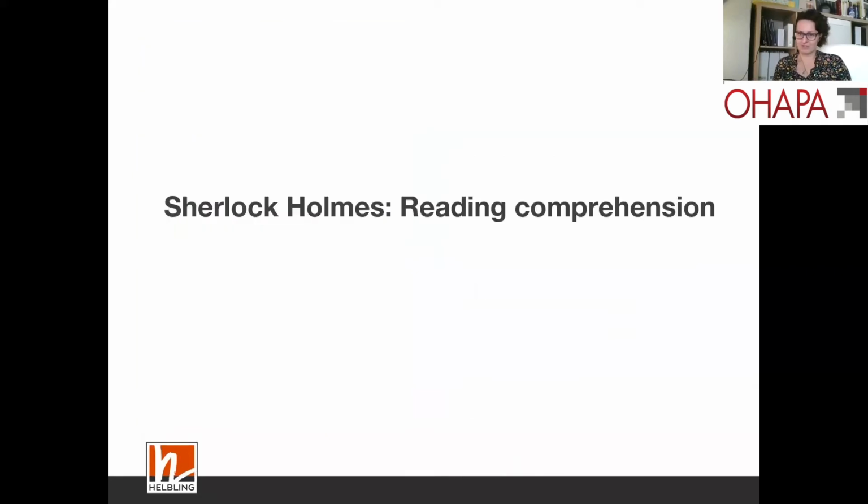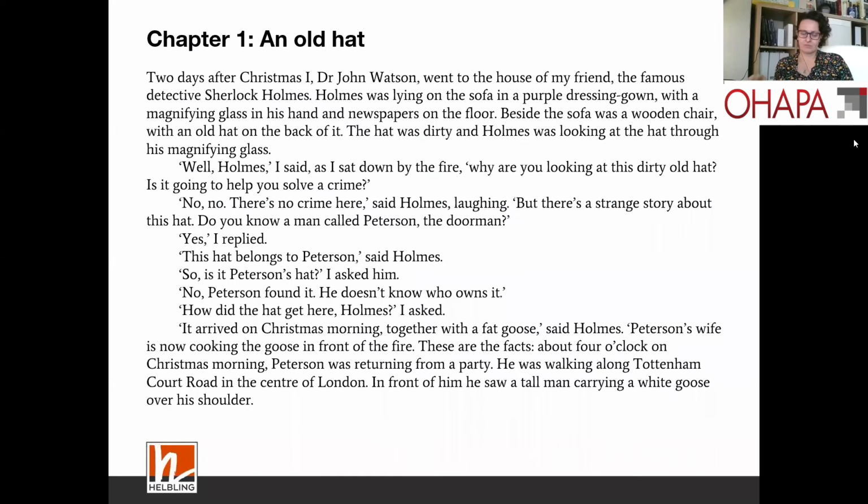So reading comprehension is next. I have copied the first page here from chapter 1, and working closely with a short piece of text can offer a lot of opportunities. So we are zooming in. We have started with the cover, and then we moved on to the characters. We became familiar with the story, and step by step, we are zooming in onto chapter 1 and onto a smaller piece of text. And this is where you ask your students to read the text first